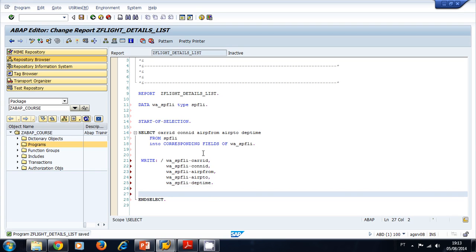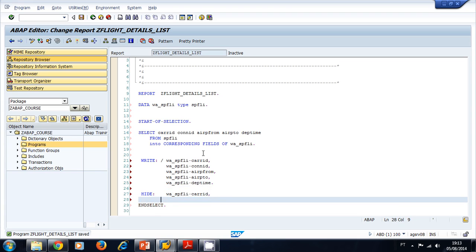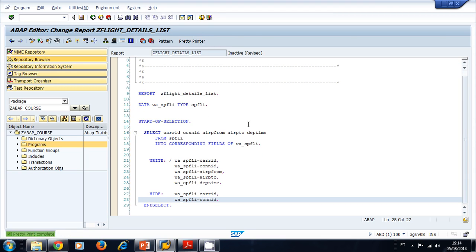And now we use the hide statement to hide and to specify our key values. So our key values are car ID and con ID. We save. We go ahead and hit the pretty printer,